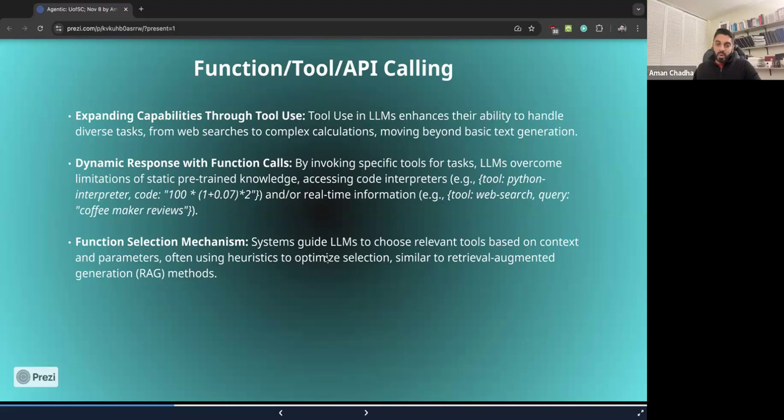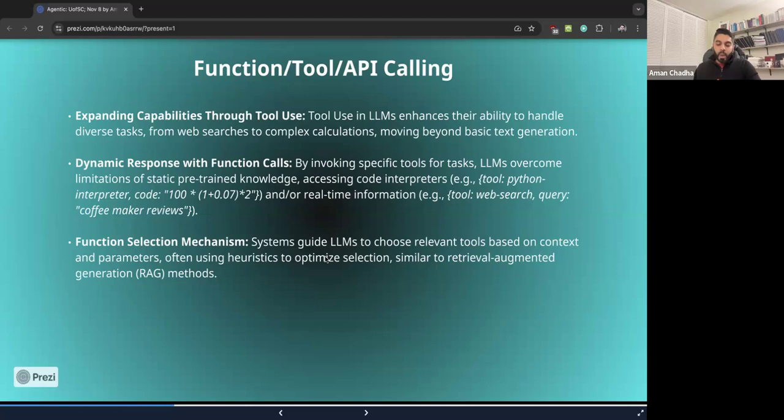So having access to real-time information, recent events around the world, or factual information, a lot of that does require web search. And that is, again, an example of a tool that the LLM can call if it needs to figure out events and information beyond its knowledge cutoff, right? So that's another classic example.